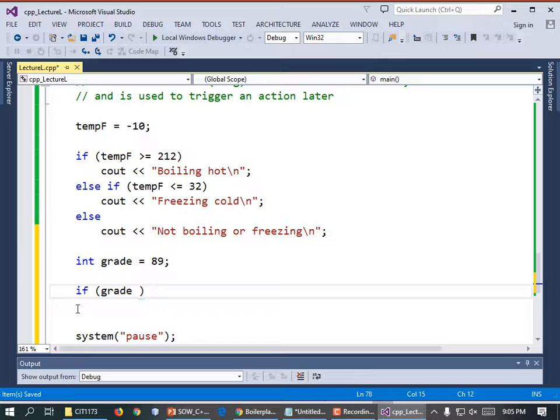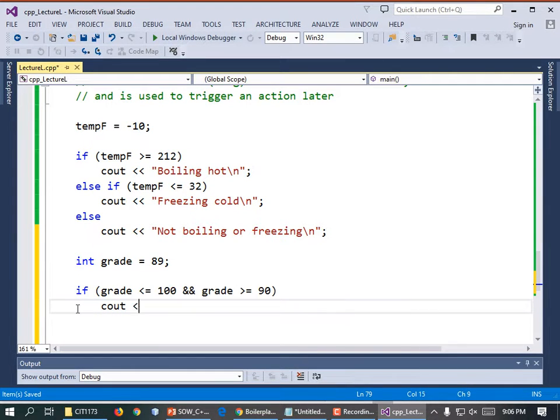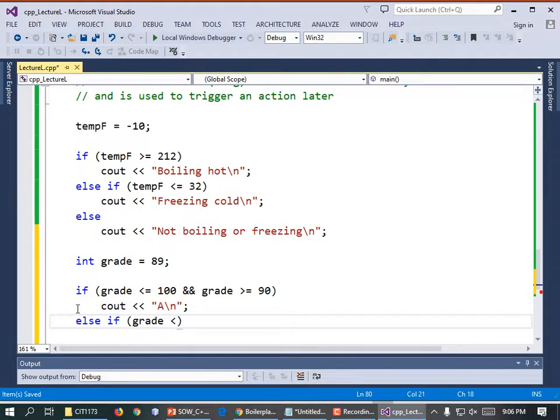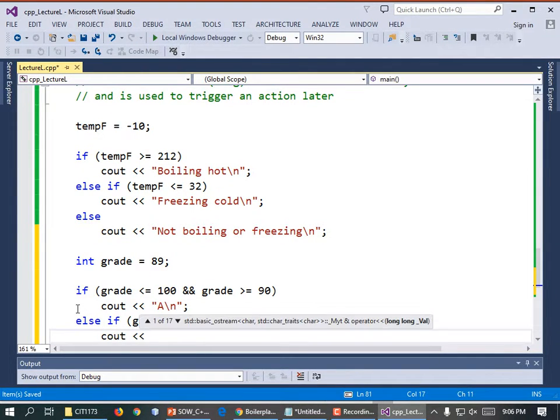If grade less than or equal to 100 and grade greater than or equal to 90, cout << "A\n"; Else if grade is less than 90 and grade greater than or equal to 89, cout << "B\n";